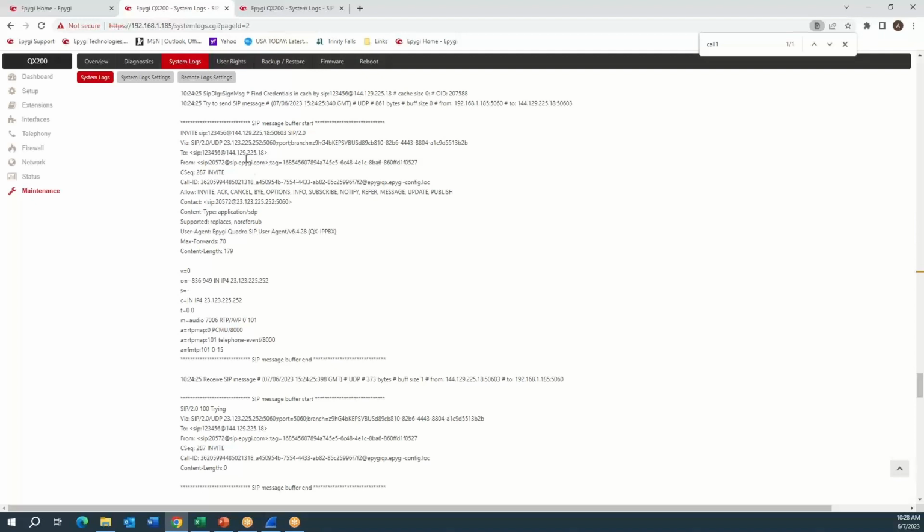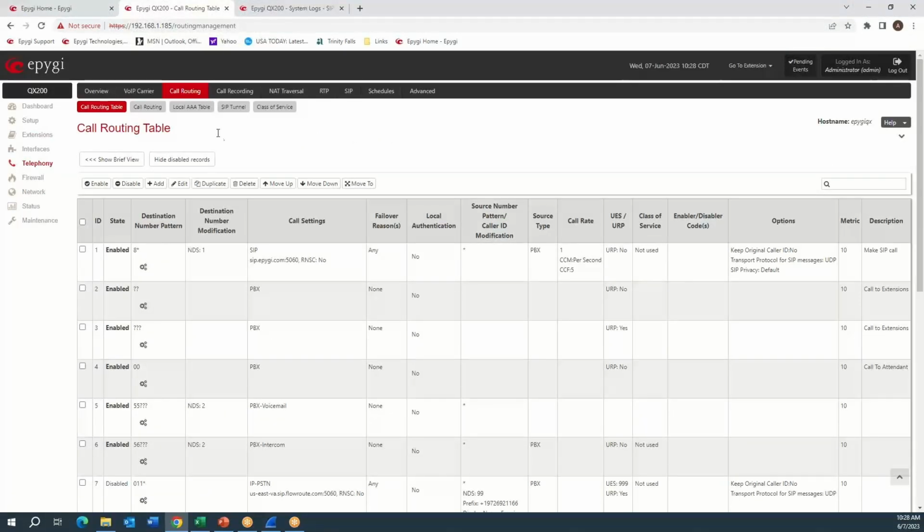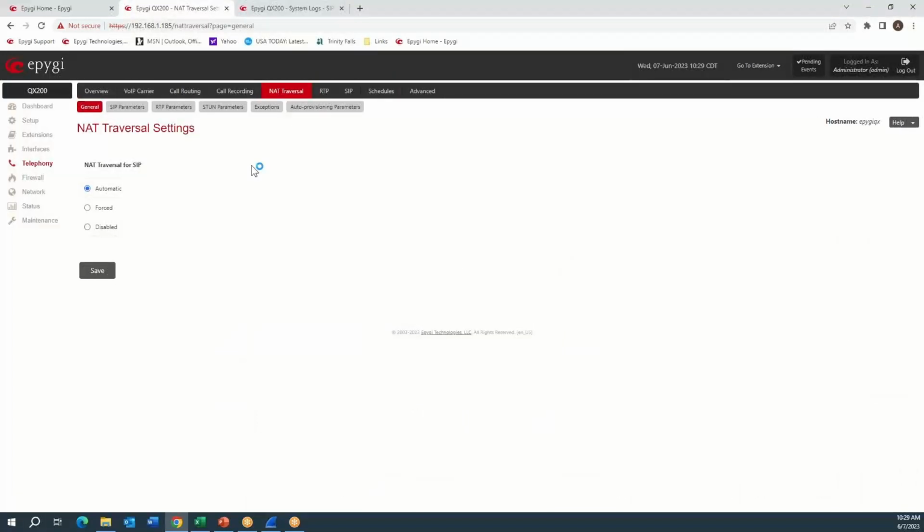So it's the job of the PBX to basically figure out what the public IP address is on the other side of the firewall. So let's see how it does that. In the Apogee PBX, we go to telephony and we go to NAT traversal settings. It is enabled. If I turn this off,